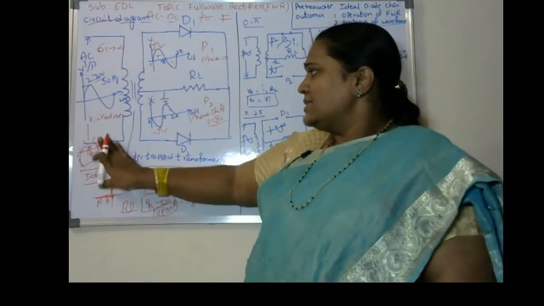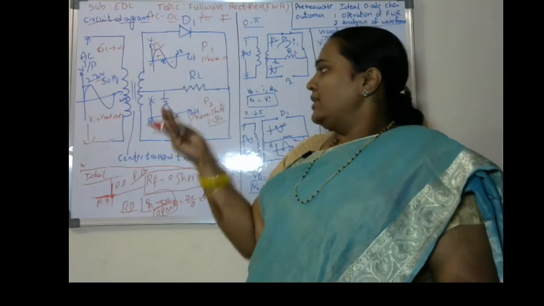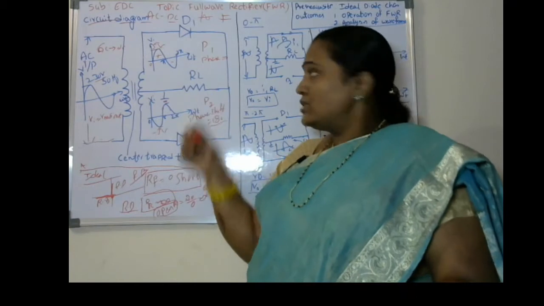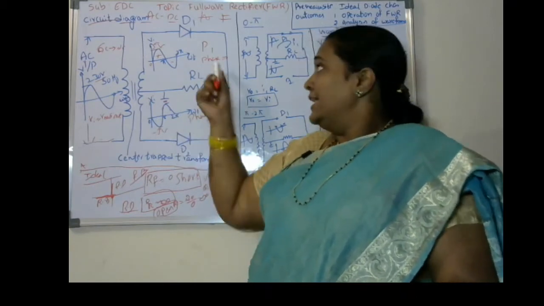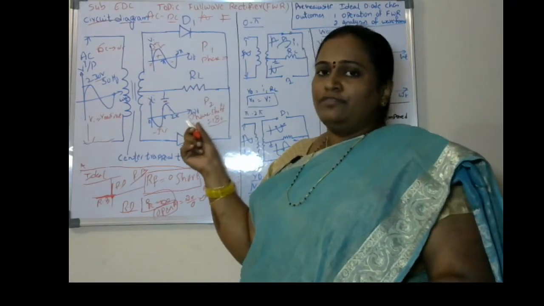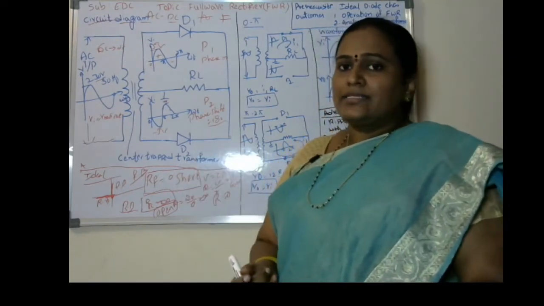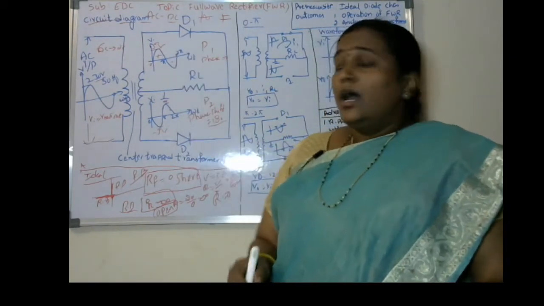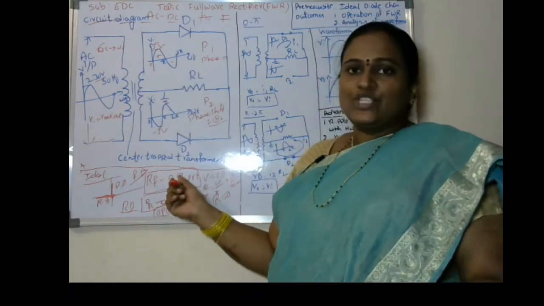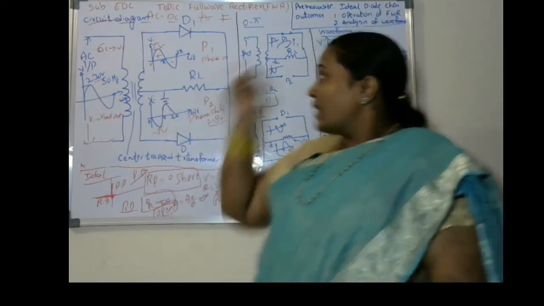So these are the cases with respect to the center tapped transformer's primary winding and secondary winding. In the secondary winding we have two cases: a part 1 case and a part 2 case. Part 1 will not have any phase shift, and part 2 is going to have a phase shift of 180 degrees. Next, we go for analysis with respect to the diode. We already know that an ideal diode acts like a short circuit in the forward region and like an open circuit in the reverse bias region.